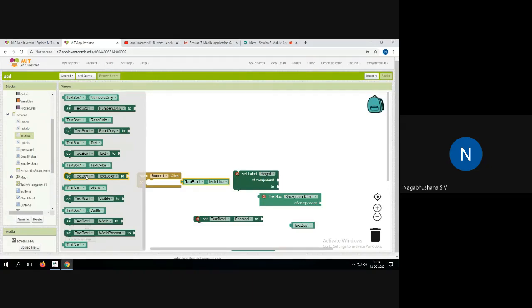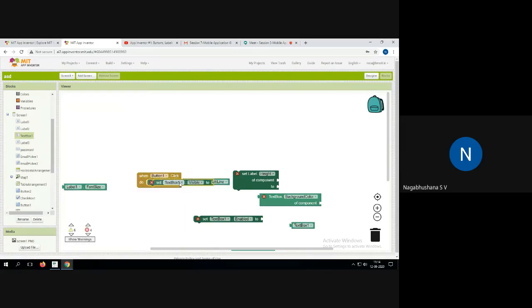That's all. Okay, so suppose when I'm clicking on button 1, there will be one text box. So I want to make it visible. So I can just place it here in the appropriate place. And what it has to do, I can just add like this. Since there is no logic written here, it is showing this wrong mark.